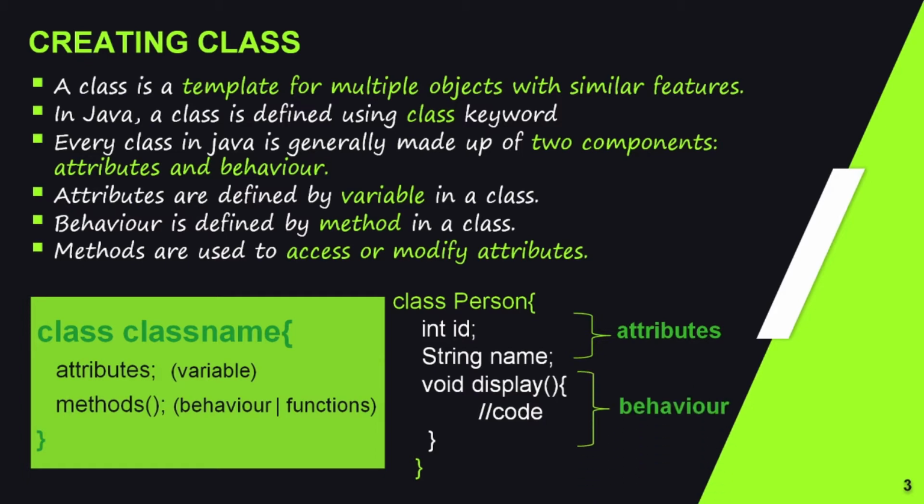Here I will open Notepad. As I told you earlier, we have to write keyword class. And I am creating person class, so I will give the name as person to this class. Here I will write two attributes, that is ID and name, integer ID and string name. And to use this variable and functionality, we need to create an object, like Lily, Robin and Bob are our object. Here I will show you how to create an object of this class inside the main function.